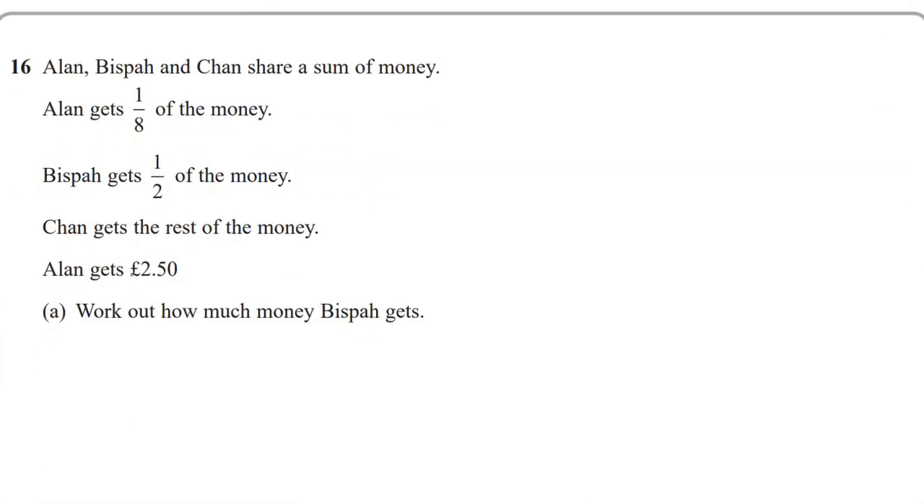All right, now we have number 16. These three people share a sum of money. Alan gets 1/8, Bispa gets half of the money, and then Chan gets the rest. So Alan gets 250. Right. Now, if Alan gets 250,